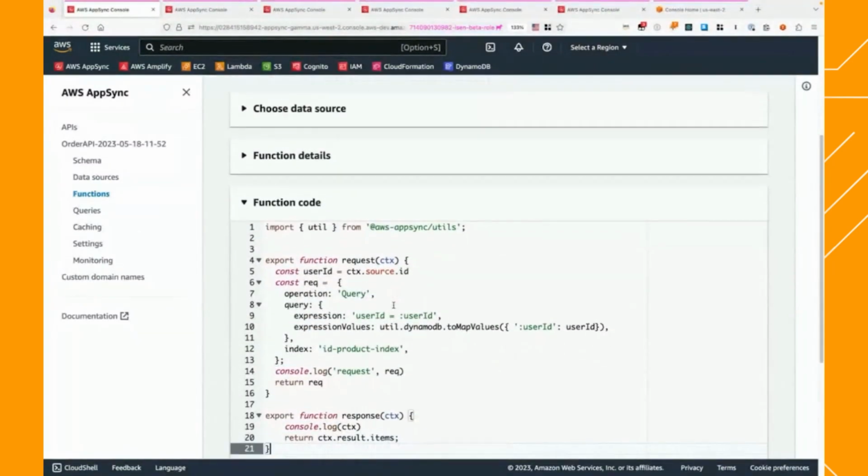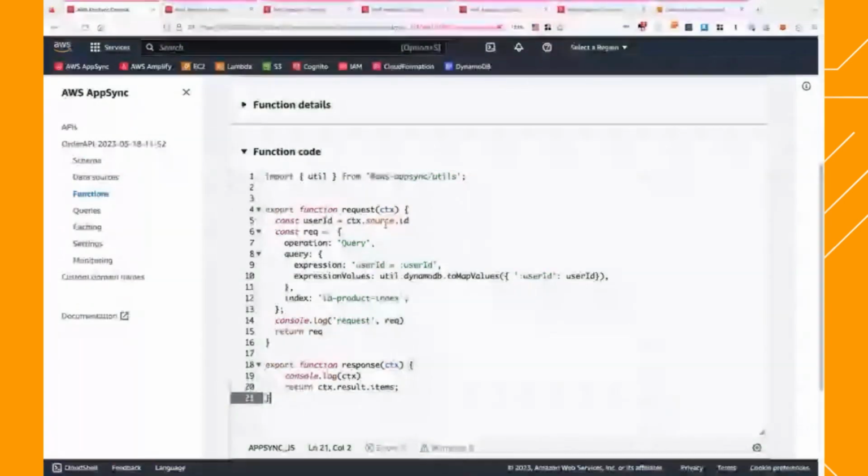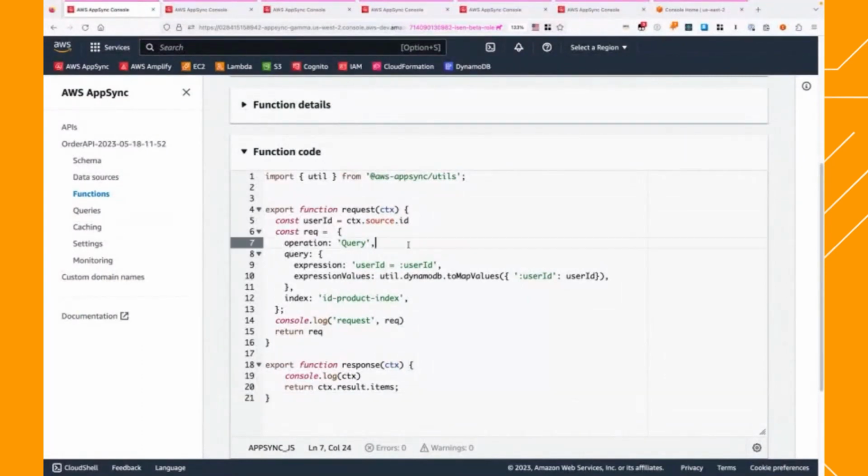So here's what's going on here. I've got a piece of code that I'm going to explain briefly. I have a function, a request handler that is responsible for handling requests coming in. When the request comes in, the idea here is that this is a field for my user type. So when I want to resolve the orders field for my user type, I have access to the ID of